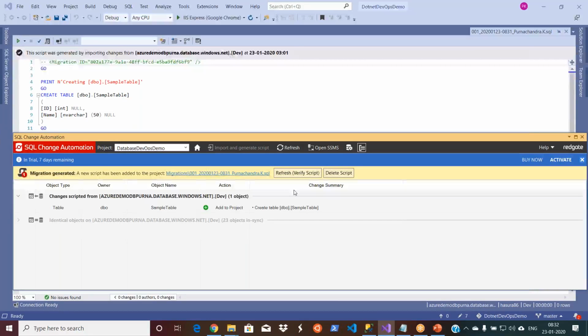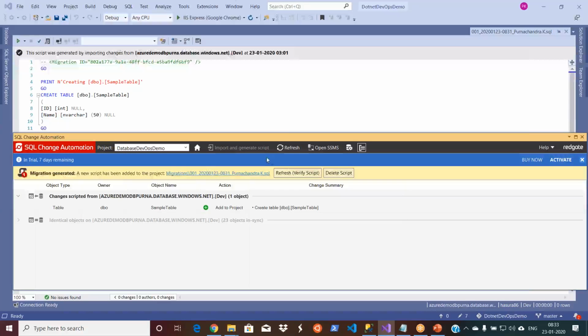Okay, now what you need to do? Now you generated a script, right? And the whole intention of this automatic generation is to use this script and deploy it in the target database. For that, if you are doing it manually, what you do? You will take the script and some DBA developer will open the script and manually check, right? The tables are there, and you have the statements called use database name, right? That is correct. All those things will be manually verified after the scripts are generated, right? So that's a manual one. Even in the automation, it has to be done because there is no exception for that one.